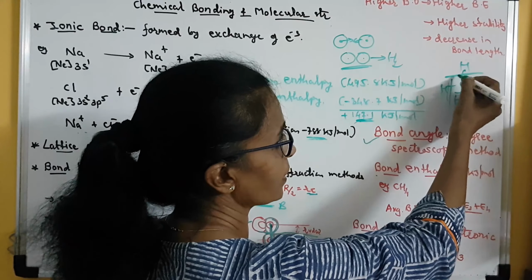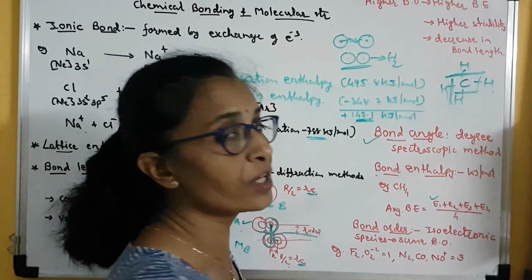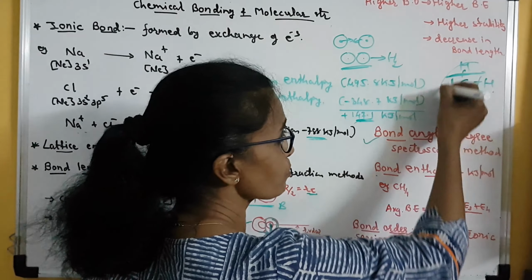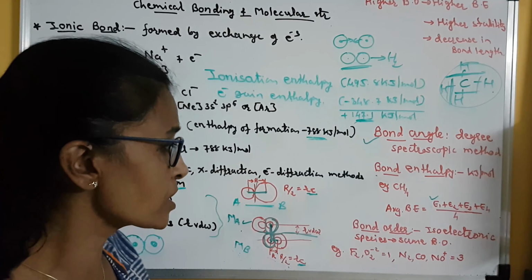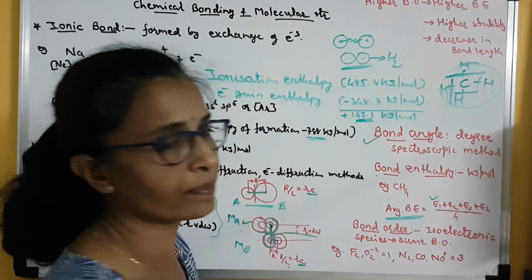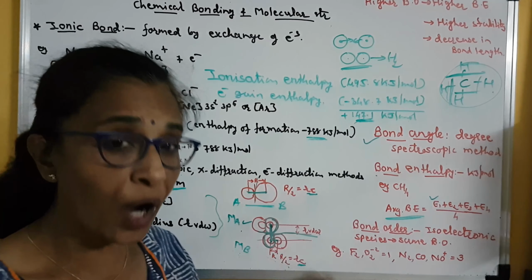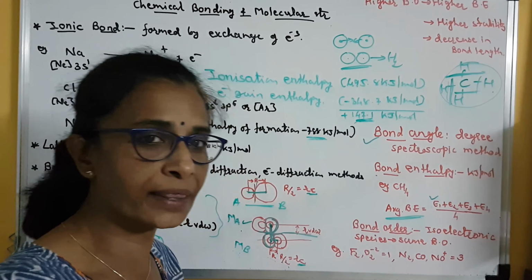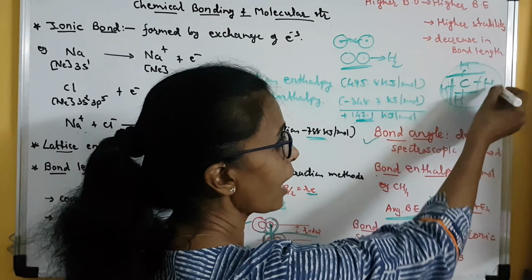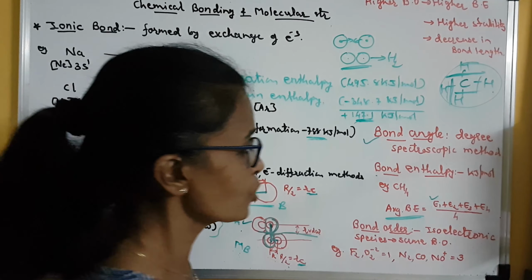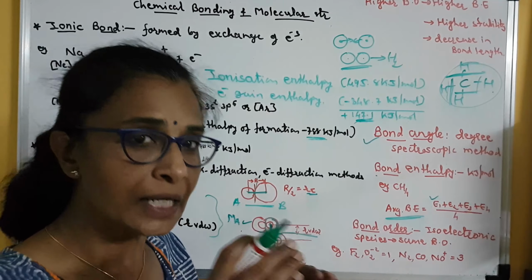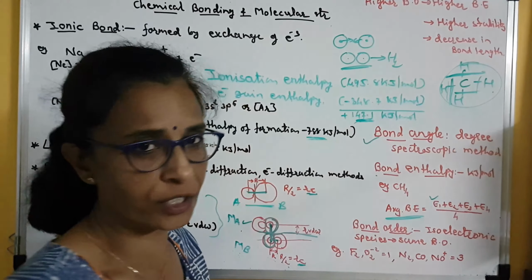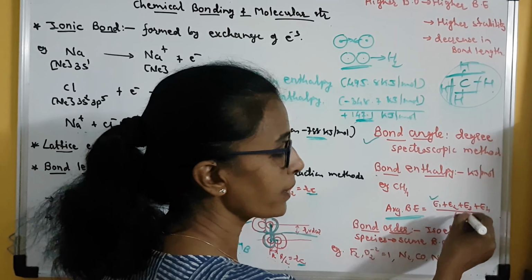Now which bond enthalpy, either this bond enthalpy or this, will decide the strength of the carbon-hydrogen bond? It is very complicated. So in such polyatomic molecules, we always take the average bond enthalpy, or mean bond enthalpy. Now how is it calculated? It is calculated by taking the sum of all bond enthalpies. For example, in methane, we have 4 different values of bond enthalpies. So we take the sum of bond enthalpies divided by the number of bonds broken. We have broken a total of 4 bonds in the methane molecule, so I have divided it by 4.